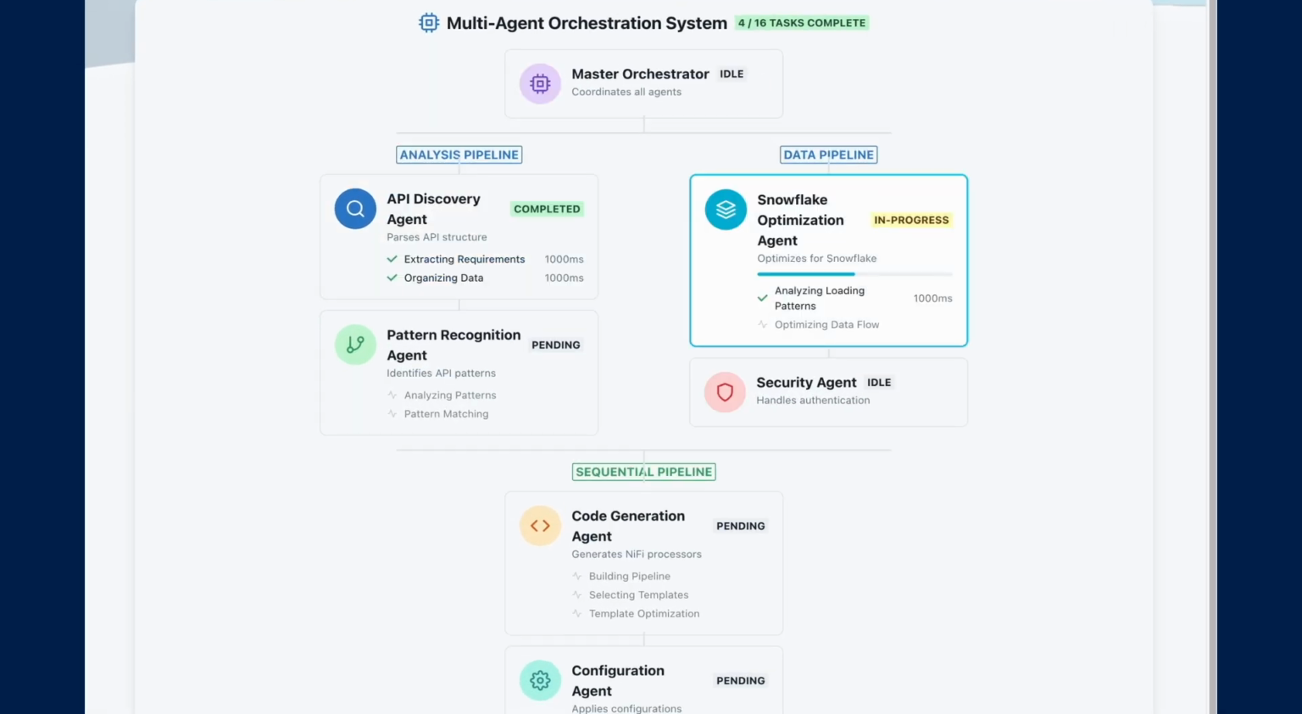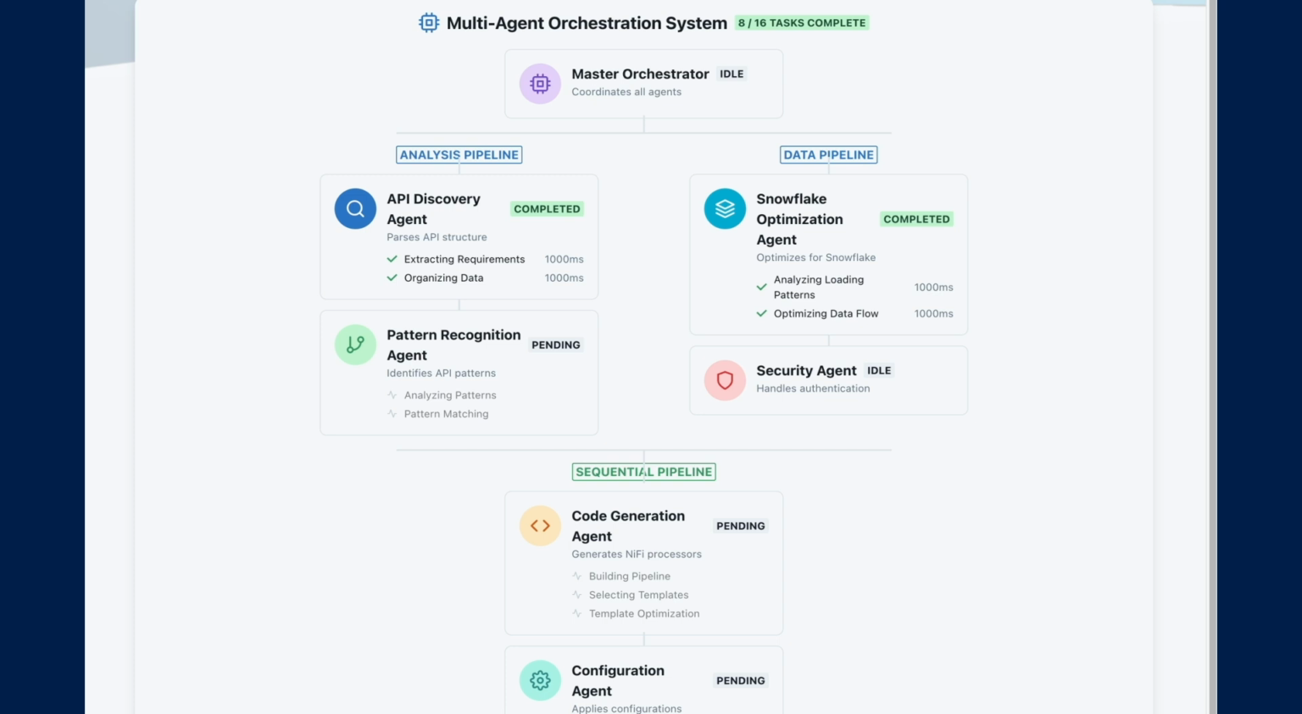While we're watching the magic happen, we can see various agents running in the background, such as extracting sync requirements, which is the API discovery agent analyzing our description to come up with the most optimal path. Pre-analyzing the API for Snowflake loading, where Snowflake's optimized agent determines the best loading strategy. Analyzing the API pattern with Cortex, which is pattern recognition that identifies this as an OAuth complex with Salesforce bulk